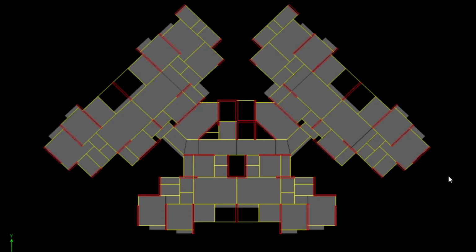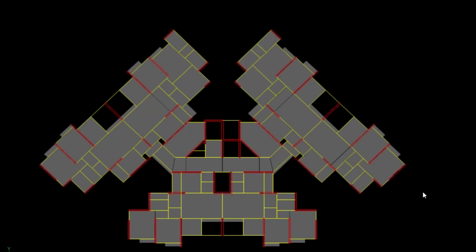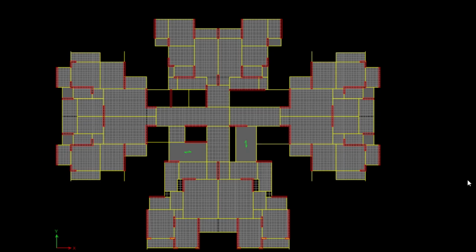In a building where mainly the moment resisting frames or shear walls are non-orthogonal, and particularly they are oriented somewhere close to 45 degrees, in such a case SRSS is supposed to be the best combination. This needs to be considered. However, SRSS is a bit uneconomical. This needs to be noted, and for such buildings there is no need to go for the 30% rule. Here you can go with just 100% x and 100% y.